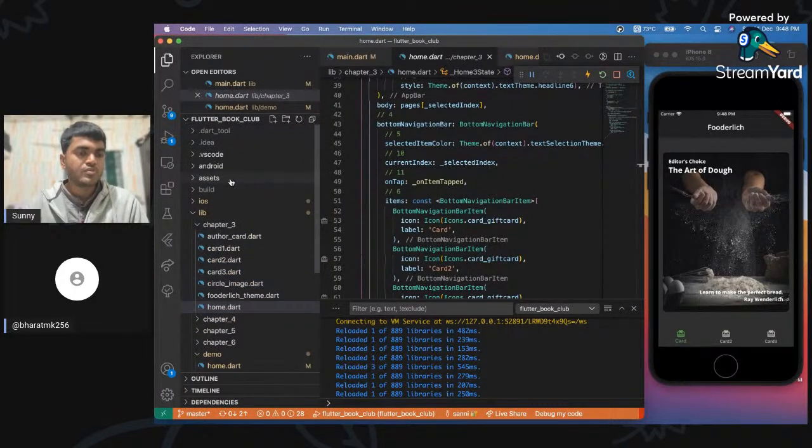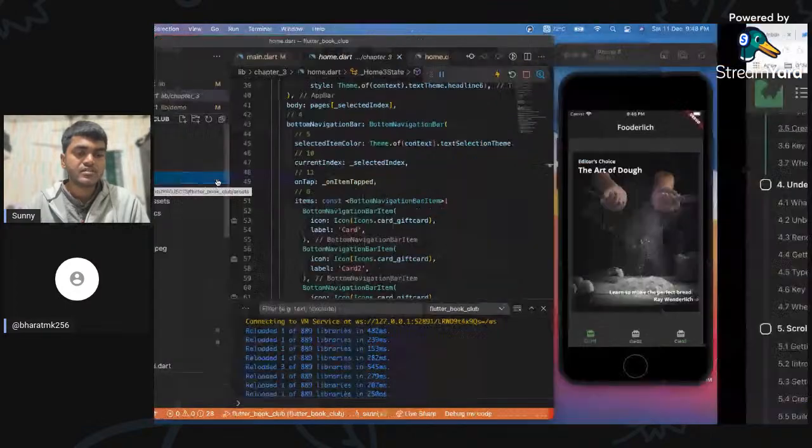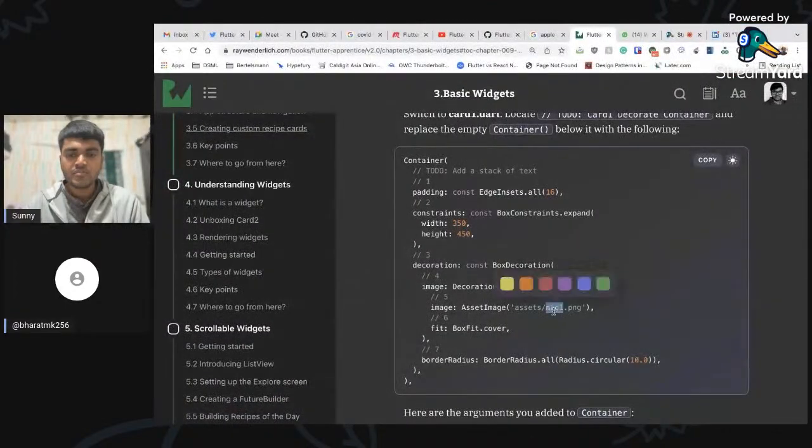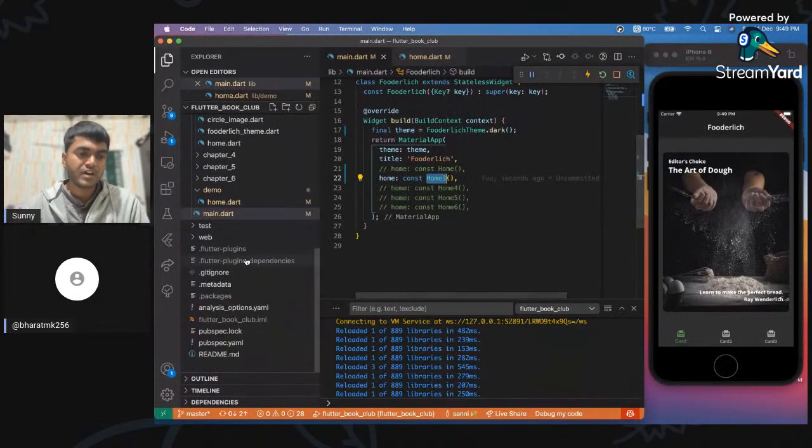First of all, you create a new folder with any name. It is not necessary to have this name only. You can have any name here. So we have a folder here, asset, and the name of the image is mag1, which is this one. So we already have this image, and now to load the image, the steps are,